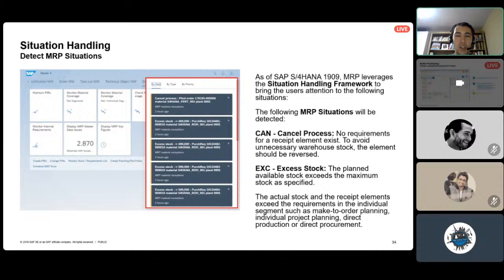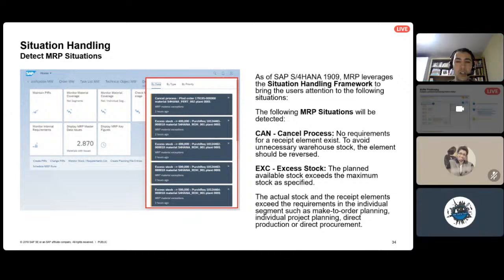As of S/4HANA 1909, we have a new option to manage the MRP situations. With MRP situations, we run a Fiori app that schedules a background job that will collect the situations that happen during the MRP run. And with this, we will be able to show some notifications